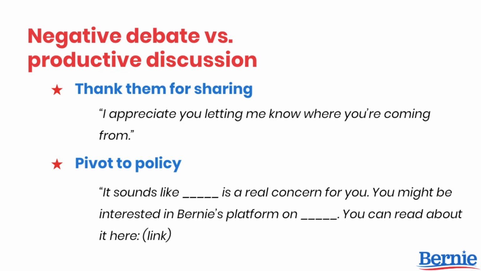We want to reiterate here that whenever you're sharing links about policy, you should only share campaign-approved links, meaning, again, links found in the FAQ, links to the issues pages of Bernie's website, or to a post on one of his social media accounts. Do not share news articles, videos, or any other links unless they are clearly and explicitly approved by the campaign.